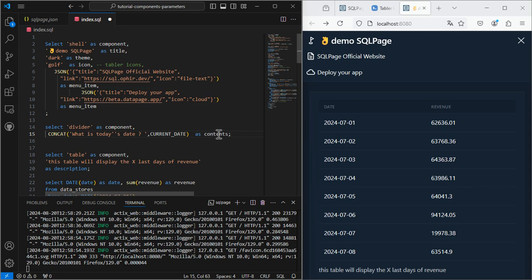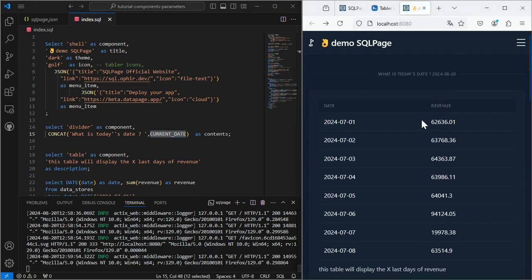We add a top-level parameter named contents. Note that we can use, as it's only SQL, the current date function to display today's date. Here it is, the divider with today's date.